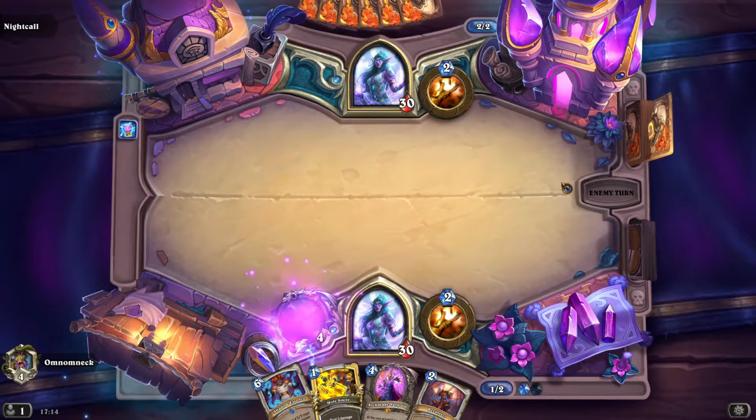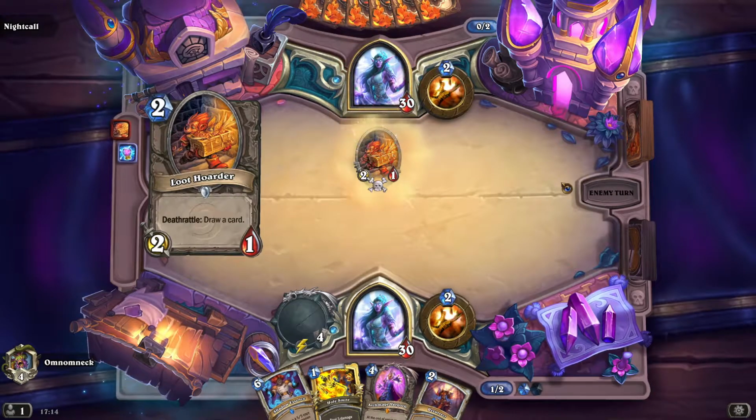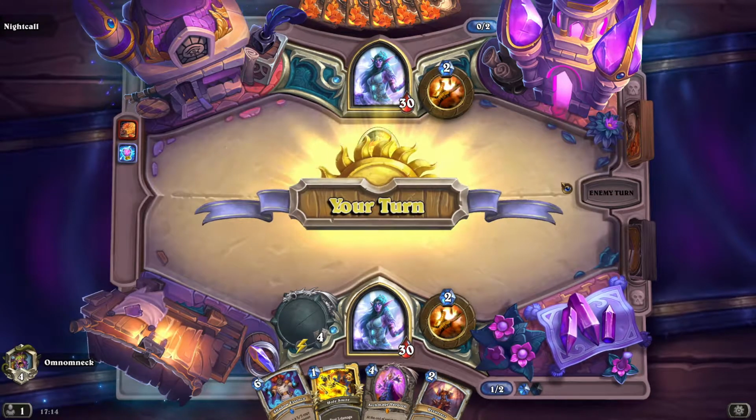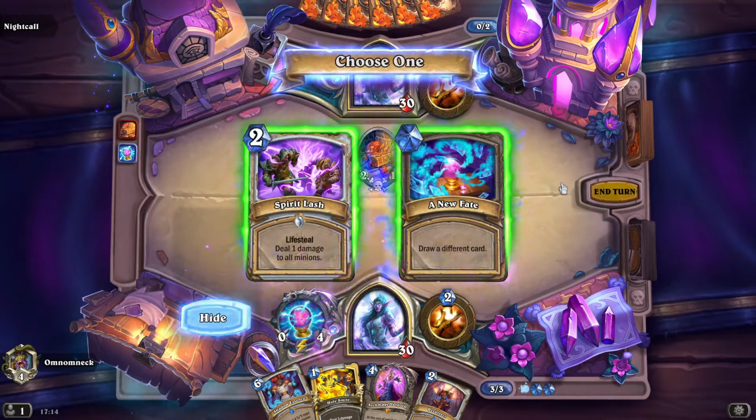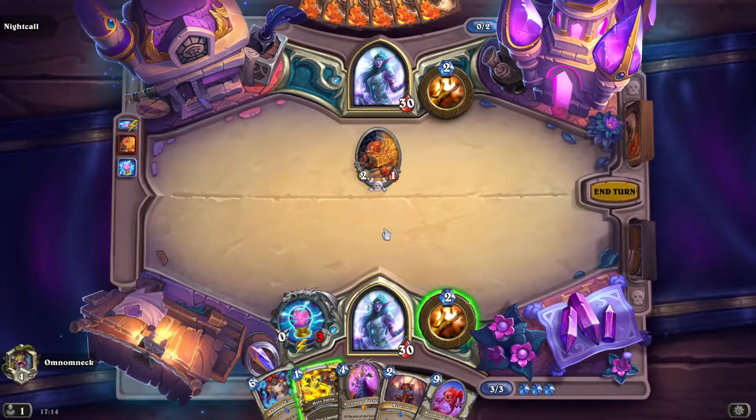Nice pickup. Hopefully he'll let me find a palm reading. I mean, well, I guess it doubles the chance of me finding it. But yeah, it's definitely Reno Priest from that. Don't need the Spirit Lash there. Don't particularly want that either, but